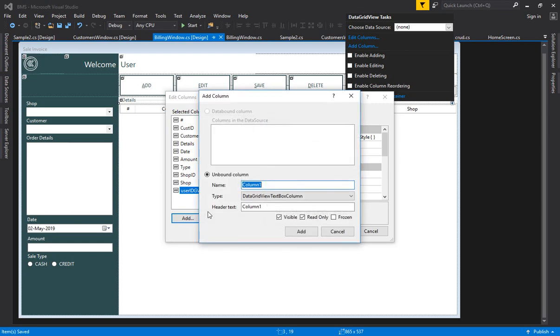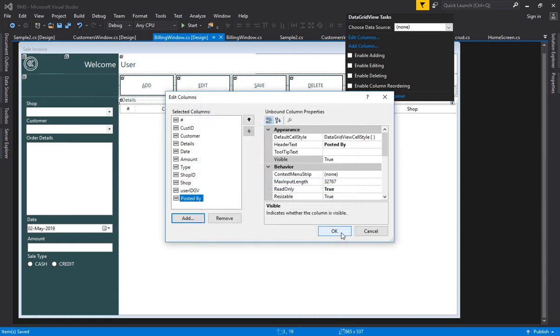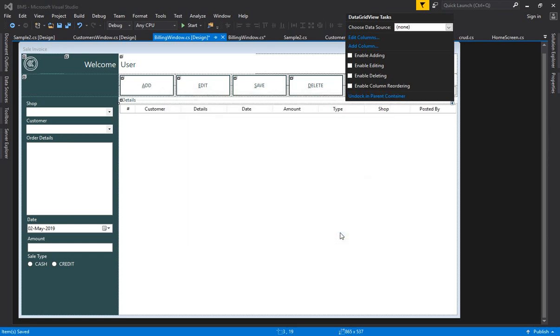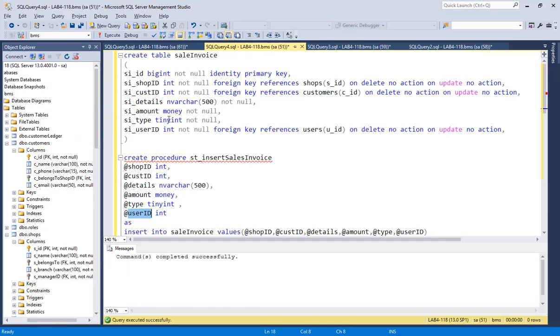Now one more column you have to add is the user GV, and here you specify the posted by heading. Okay, so posted by, it should be visible and read only, and then click OK. So all things are now set. What you have to do now, you have to mention these columns and you have to use the get procedure for loading this data here. Okay, so one more thing we have to do, we have to go to the code and first select